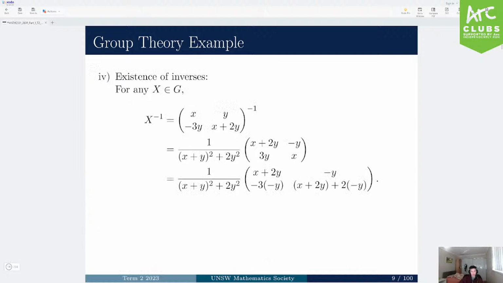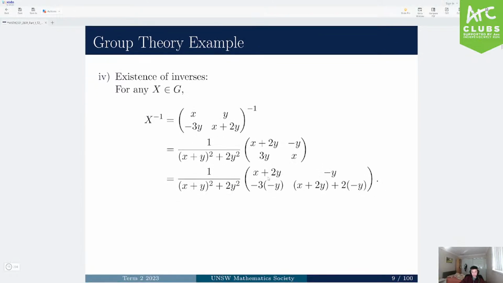Okay. And again, last one is the existence of inverse. Well, 2x2 matrices are really easy to invert. We just divide by the determinant, swap these two elements together, and chuck a minus sign in front of these two other elements. Okay. And we know that, again, the inverse must exist because the determinant is never going to be 0, right? And we get